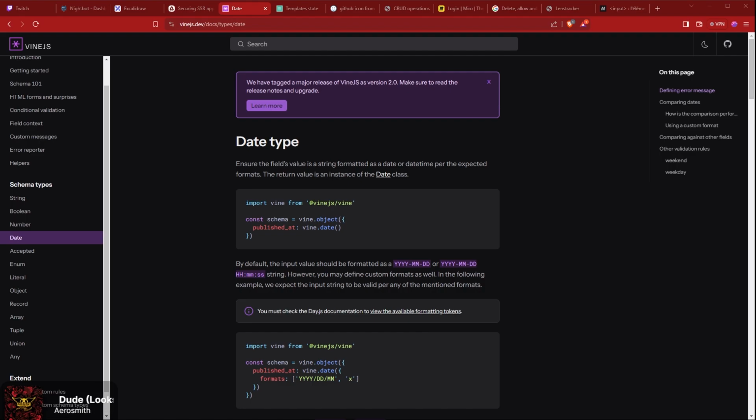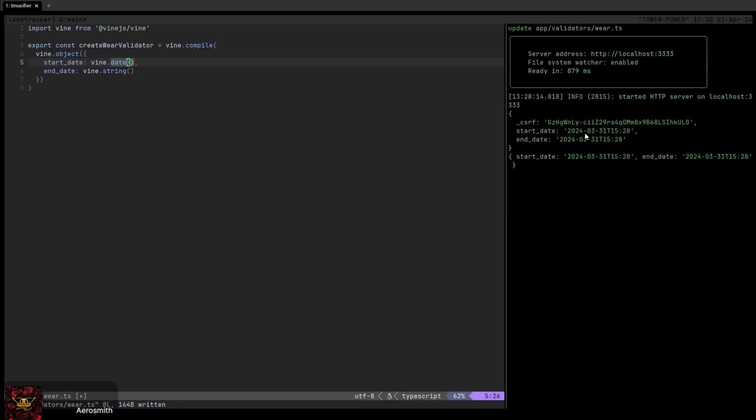The problem is that T right there, right? Because as it says, it expects a format, year, month, day, and then hour, minutes, and seconds. And if we take a look at what we got here, we do have the year, the month, and the day. Then we got the T and hour and minute. So let's see if we can get